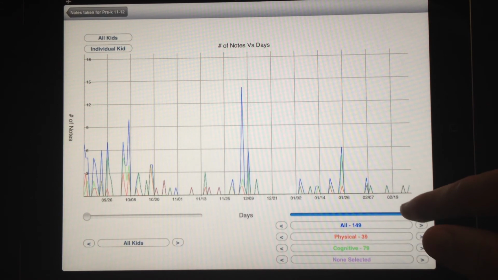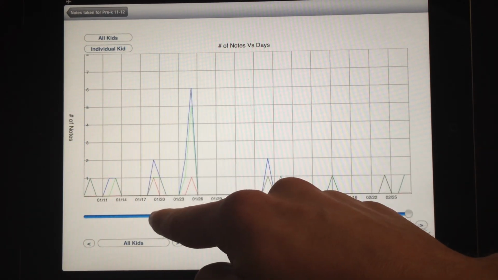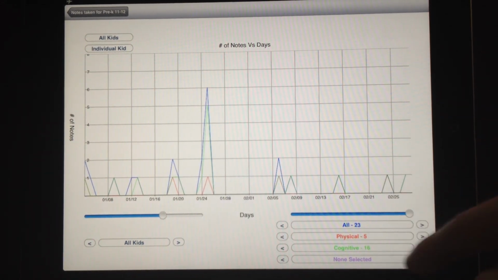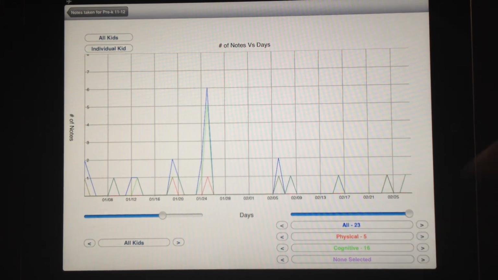So as you can see, the graph fills up, and if we get closer to the recent time, you can see the green and the red are representative of your cognitive and physical notes. And again, you can see the numbers down here. It says 16 or 5, meaning those are the amount of notes that are appearing on the graph at one time. And if we want to now cycle through